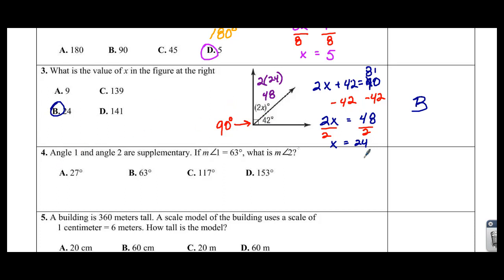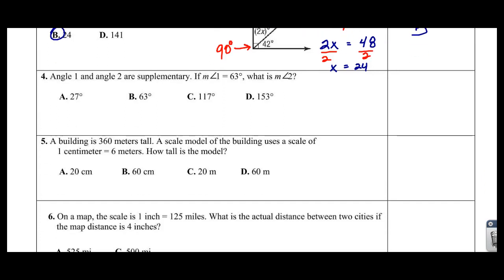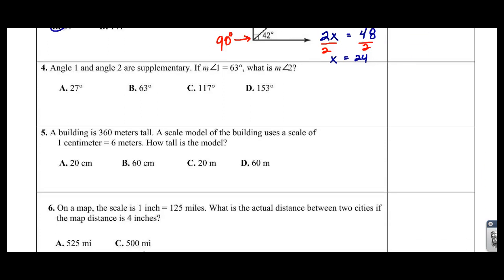All right, so on to problem number 4. Angle 1 and angle 2 are supplementary. So whenever you see something like this, they toss out a word at you, go ahead and look at that right away and ask yourself, what does that mean? And remember, that means supplementary